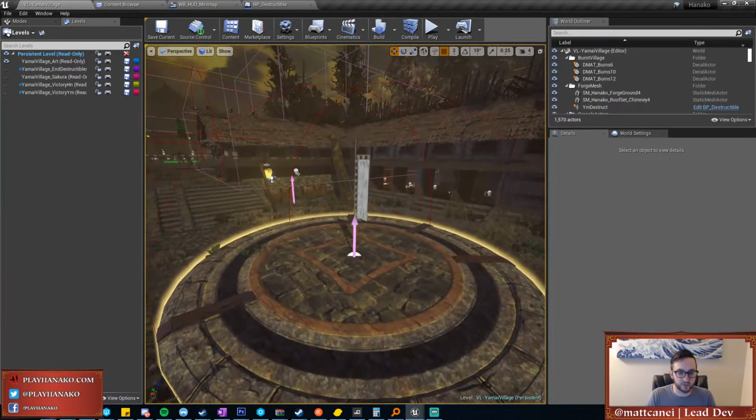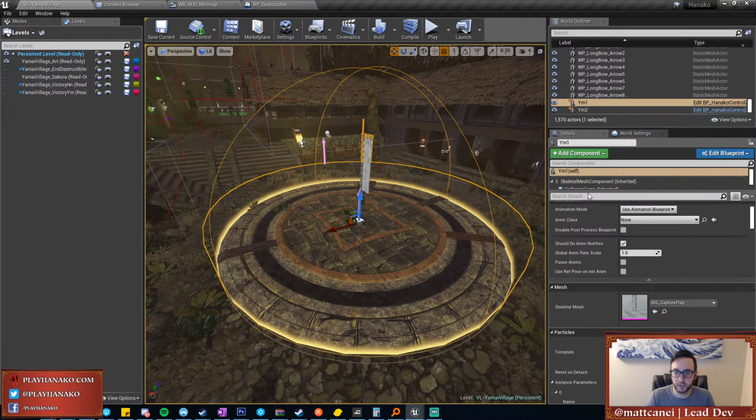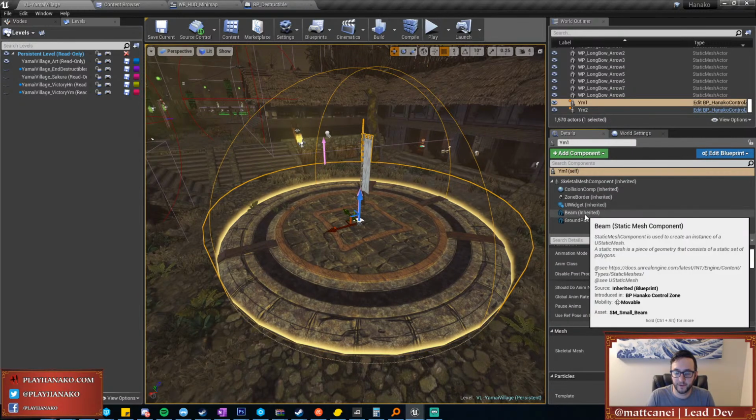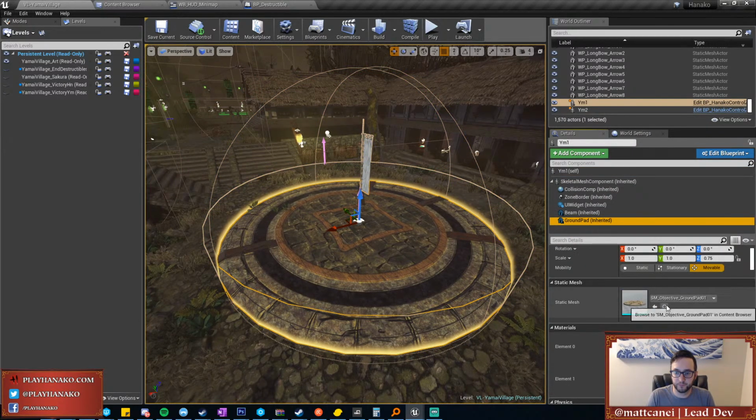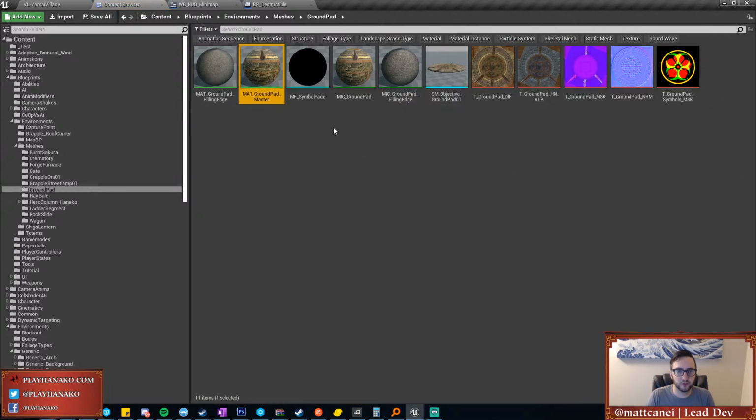I'm going to get started with some Substance Painter stuff tonight. The first thing I want to do, though, is let's go ahead and fix up